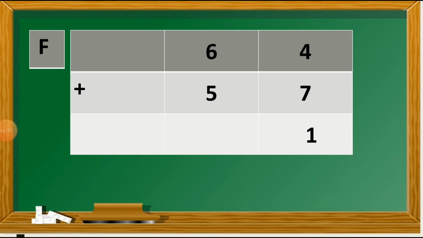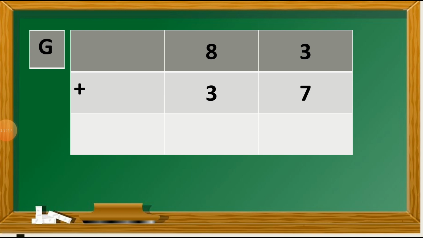So in this 11, I put number 1 here, and another one I put at the tens column as a carry forwarded number. Now at the tens column, 1 plus 6 plus 5 is equal to 12. So I put number 2 under the tens column, and the another one will move as a carry forwarded number at the hundreds column, and write down number 1 this way at the hundreds column. So this is the answer, 121. This way you can write down this.